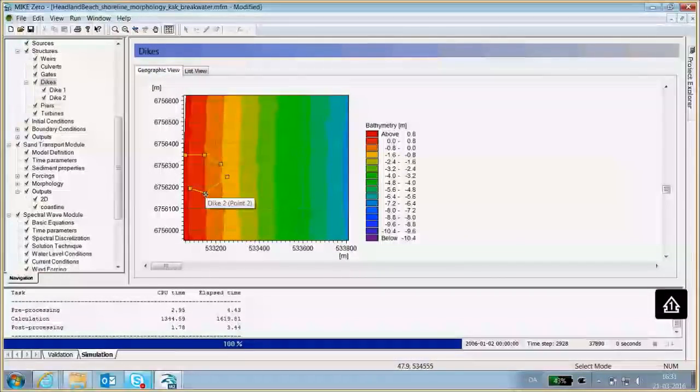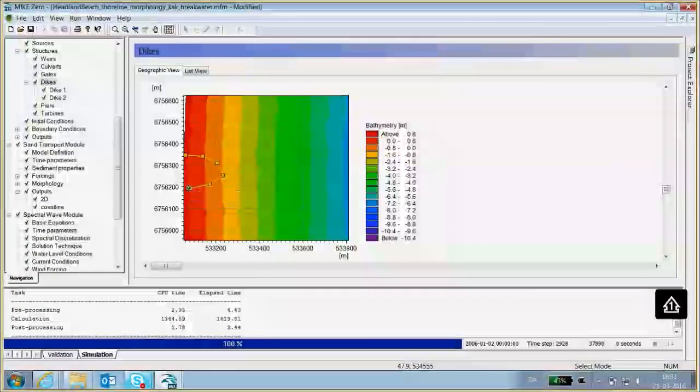So it's very likely that a headland a couple of 100 meters in the offshore direction is probably a more realistic size. So again, if you wanted to run with this, you would then have to add the similar structure down in the spectral wave module and then test the impact.